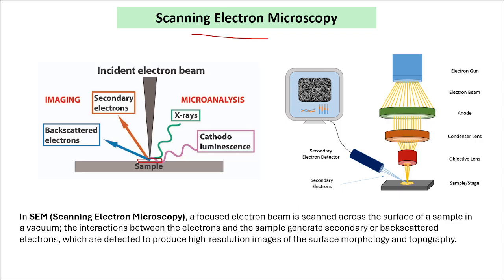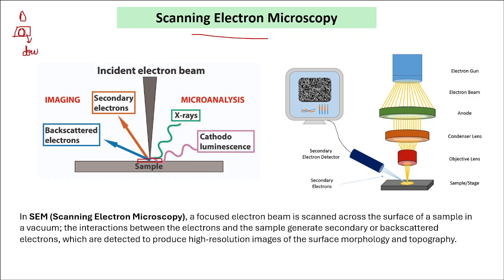Now, suppose you have a nanoparticle suspension that is in aqueous state, what you need to do is take a small glass slide. You need to cut this glass slide using a diamond cutter and drop that nanoparticle suspension and let it dry in a desiccator. Dry. It should be dry.